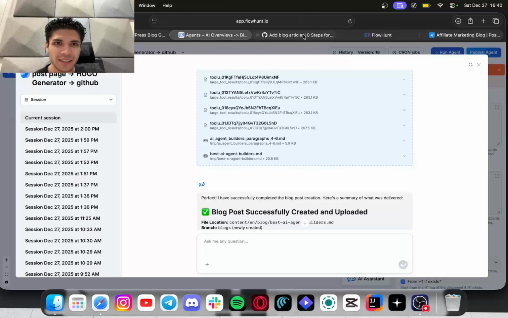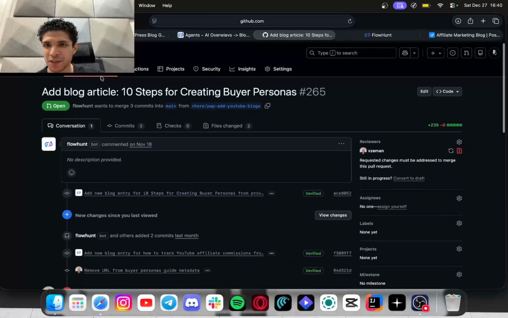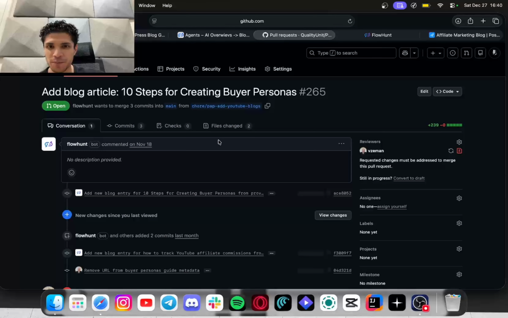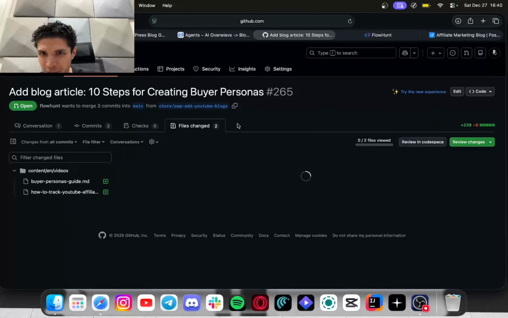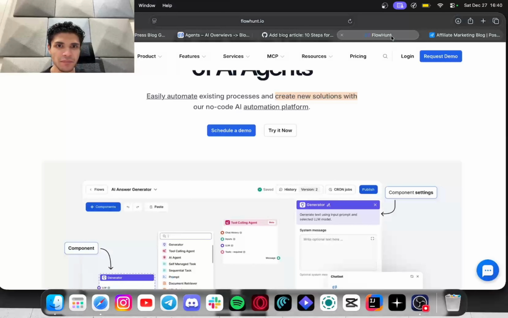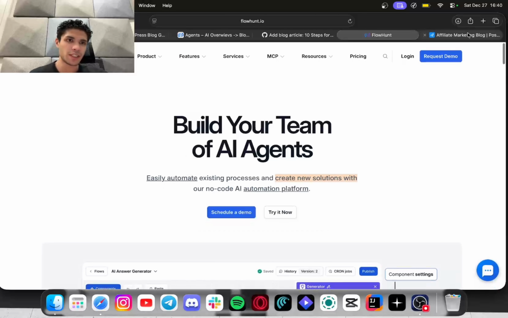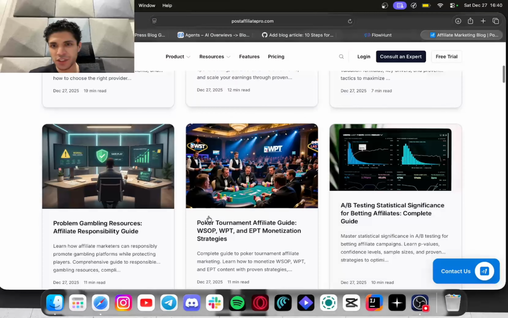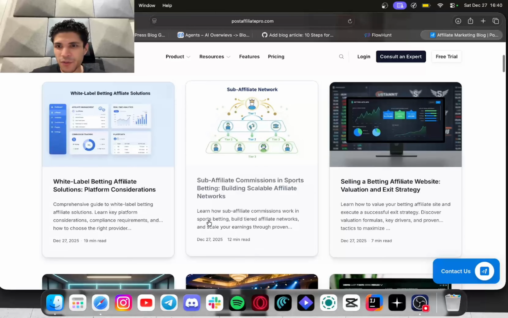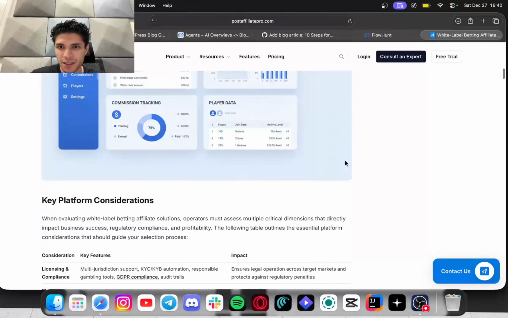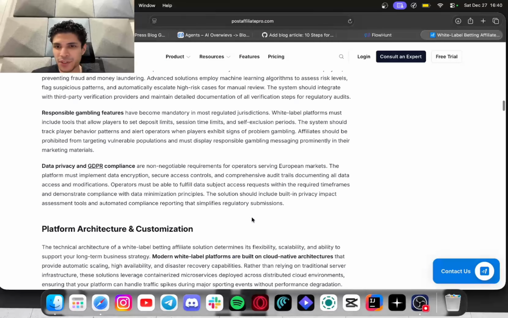Now in my CMS, I see the results also inside the pull request, and I see 2 files changed, so this should be one of them. But an example of the blog post that is there is as follows. These are all different generations that we did so far, and as you can see, it generates an image, with tables and so on.